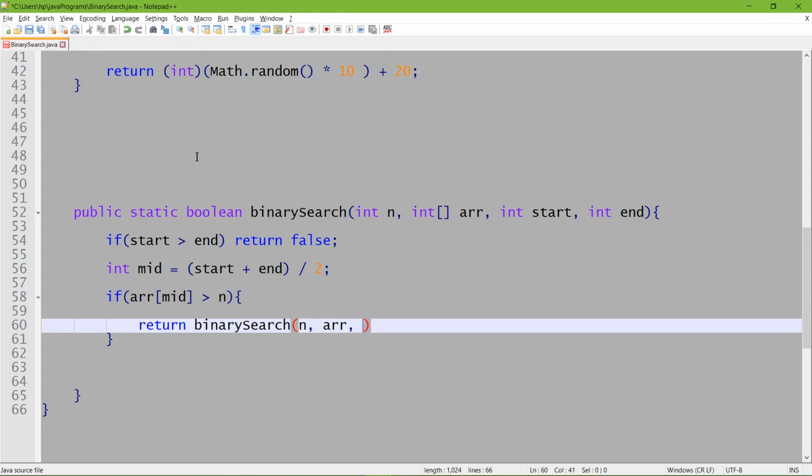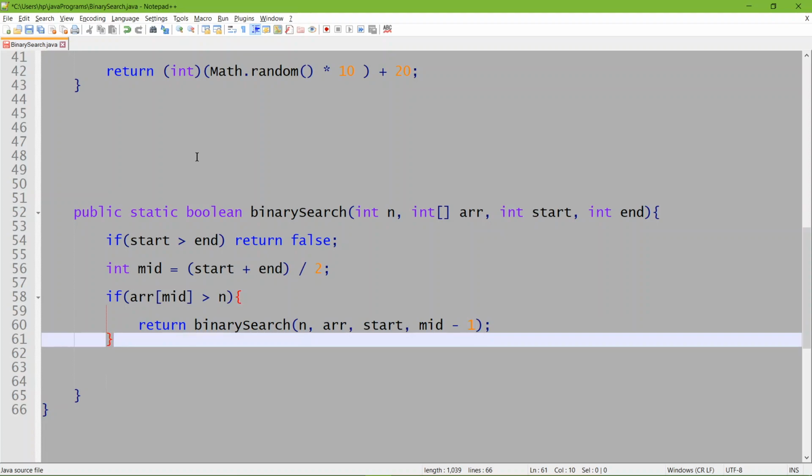The start is the same, but we have to end our search one element before the middle index, because now we know the number we have to search lies to the left of the middle element.